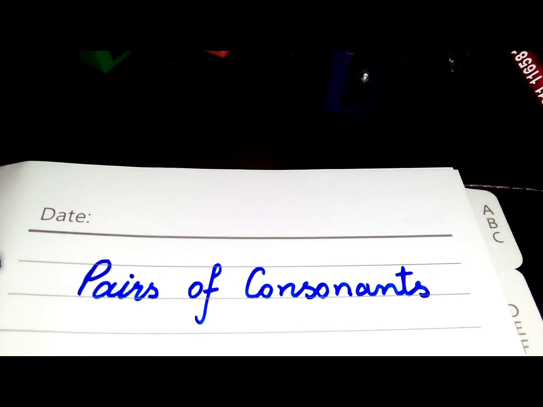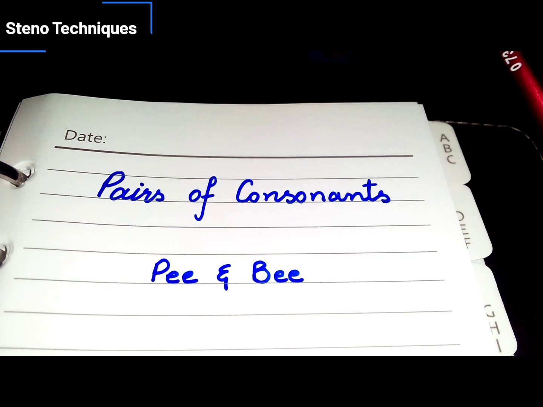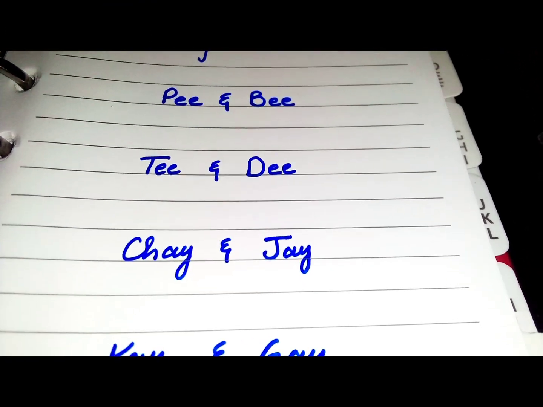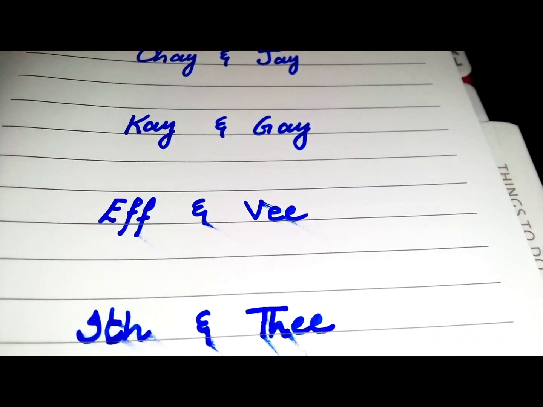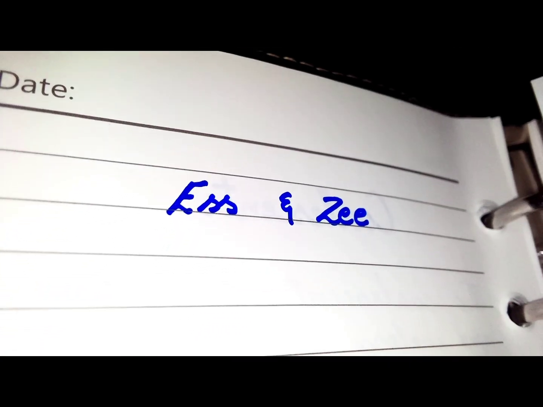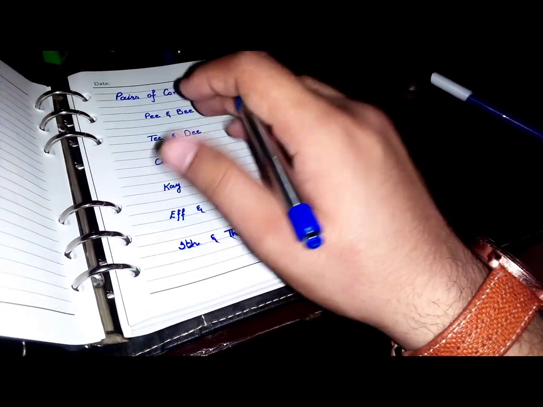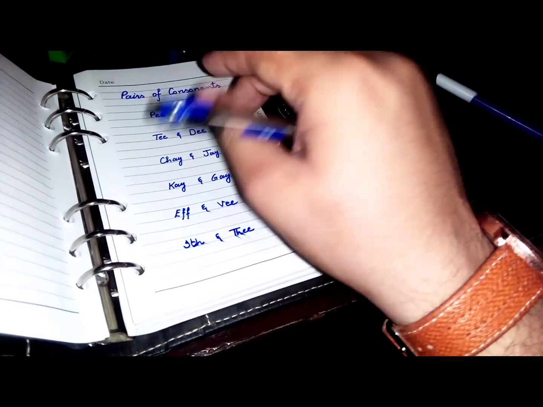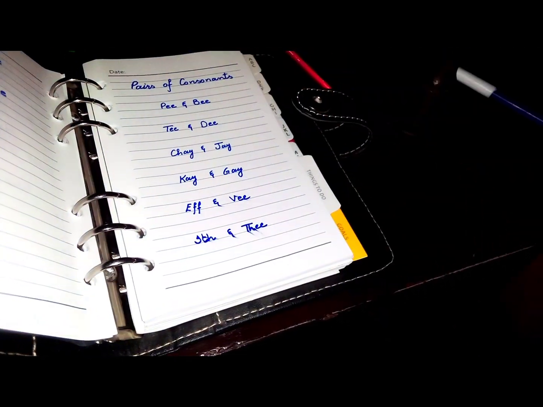Now we are going to discuss pairs of consonants. The first 16 consonants from pairs are in the following: P and B, T and D, Ch and J, K and Gay, F and V, Ith and Thee, S and Z, Ish and Ye. The sound is light in the first consonant of each pair and heavy in the second. The consonants of each pair are represented by the same stroke, but for the second consonant this is written thick instead of thin, as